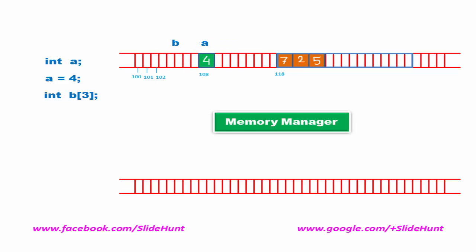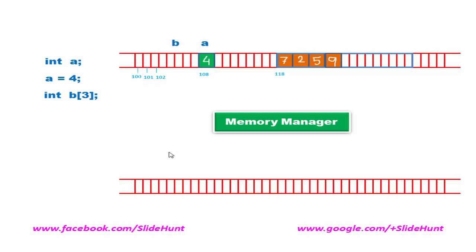Now you can store another value here. I am going to store here 9. Now you can see we use only a few spaces here and the others are free. So memory space is getting wasted. This is another type of problem. So what is the solution to this problem? We can solve this problem using a linear data structure called linked list. Let us see how we can solve this problem using a linked list.